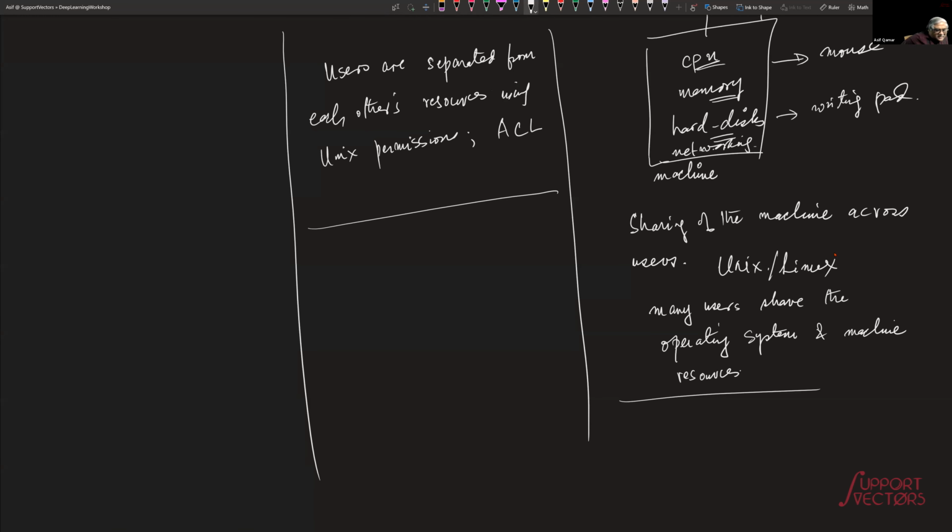Now, it turns out that this model, while it worked very well when you could strictly control the machines, and even today, if you go to universities, you'll often find these powerful machines and you get a Unix account on it, and you do that. The things have moved further. We live in a world of huge security concerns,